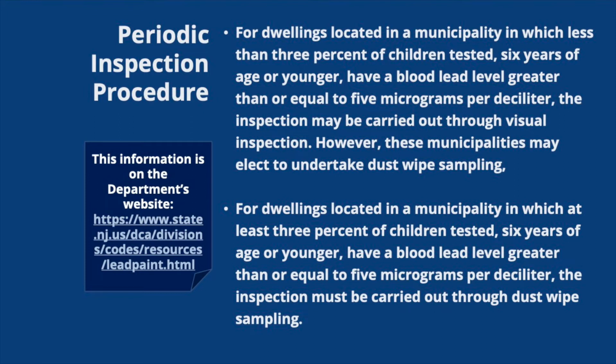On the other hand, for dwellings located in municipalities where at least 3% of the children tested 6 years of age or younger have a blood lead level greater than or equal to 5 micrograms per deciliter, that inspection must be carried out through dust wipe sampling. Now, these inspections apply to the interior living spaces of those dwellings, and the department's website, in the link that